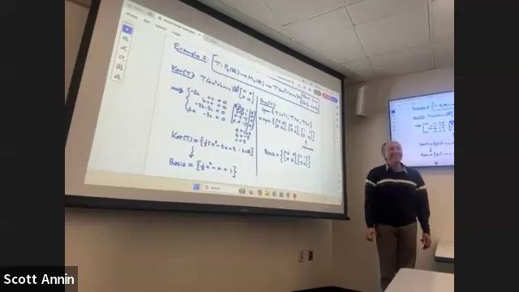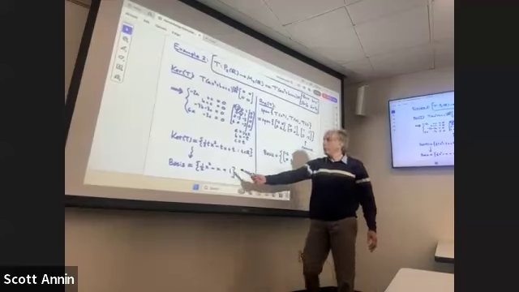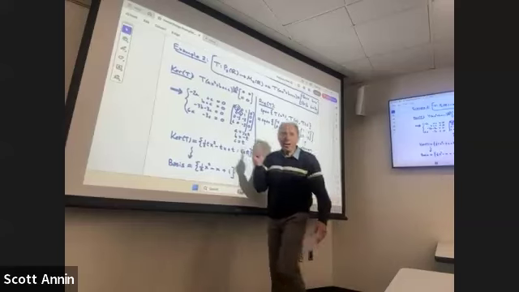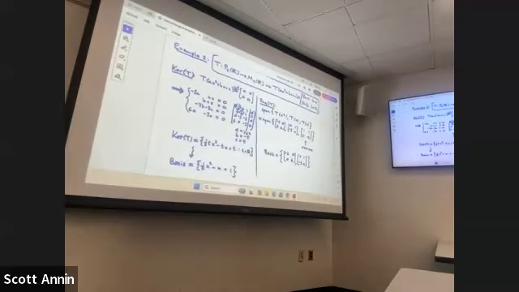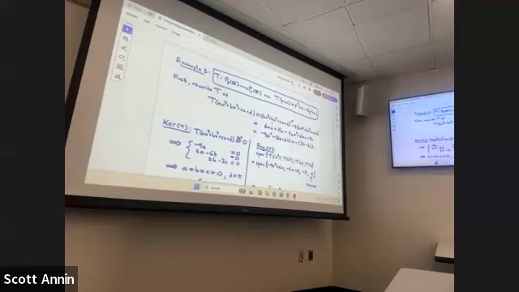With me? This time, the kernel was one-dimensional and the range was two-dimensional. So keep that in mind. The dimensions of these things is kind of interesting. Let's flip the page over on the back side of the handout. The third example,